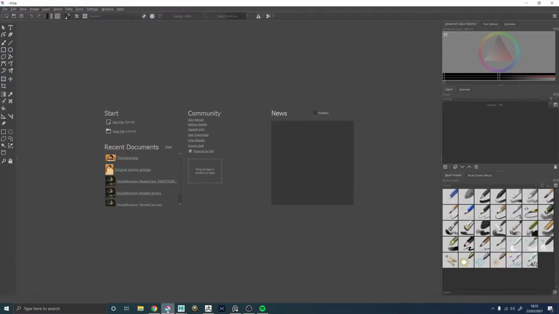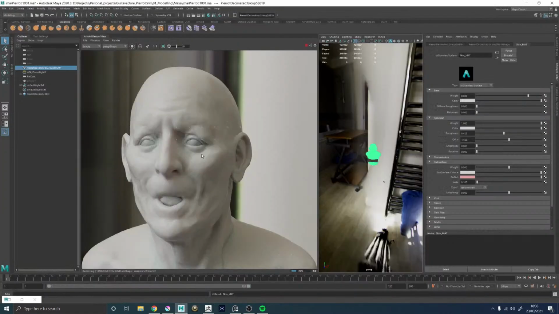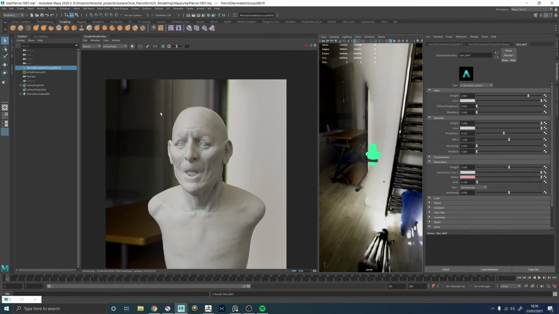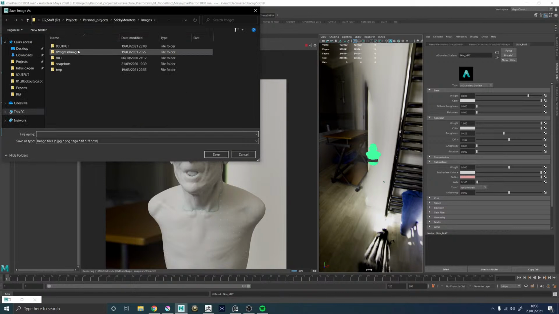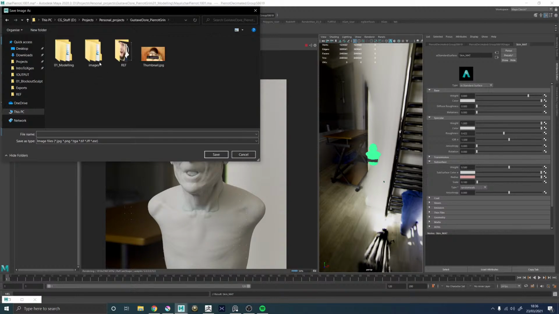Cool. So let's open, oh, got him there, that's good. And then what we can do is just save this image out. We can keep it going in the background. Save image. And then we're going to want to make a progress images render. And we'll want to keep that one as a backup. So images, oh, we got ref, let's add